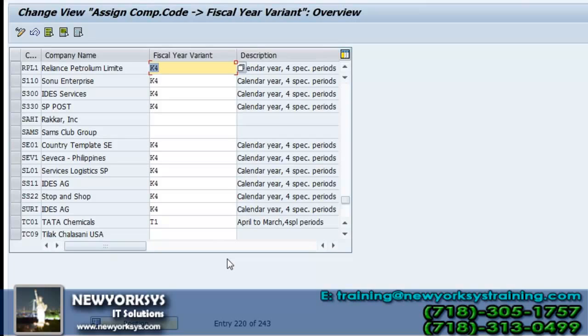For example, here there is a Sam's Club Group, and they don't have a fiscal year variant, so SAP gives a default. It is giving information saying you have configured your thing, but the company code does not have the fiscal year variant. The other company codes, it is informing you whether this is your input or not.